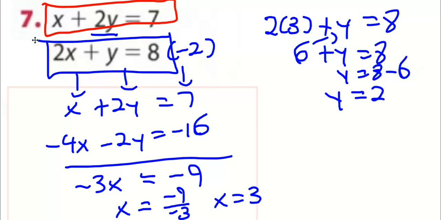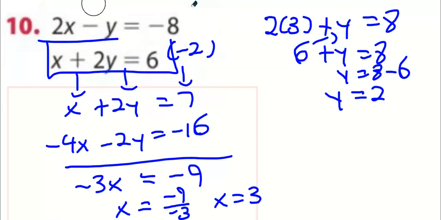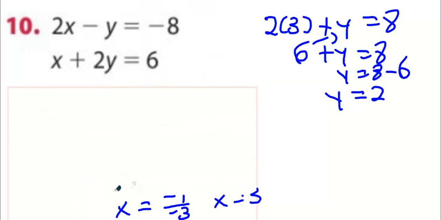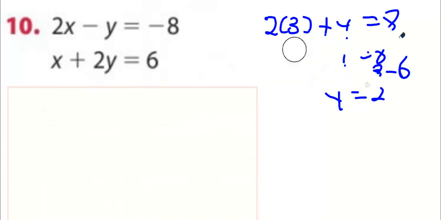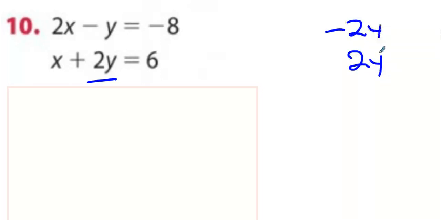And finally, the last question we get is question 10. Once again, we're going to look down at the y's. And what we can see here is that what gets rid of a 2y is a minus 2y. And if I can turn this into a minus 2y, I'd be in business. So I'm going to multiply the top equation by 2. So I'm going to get 4x minus 2y